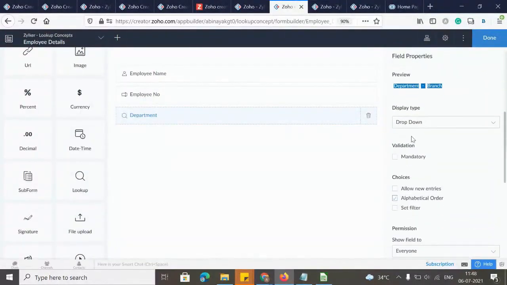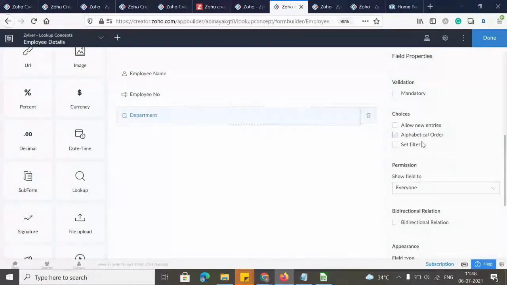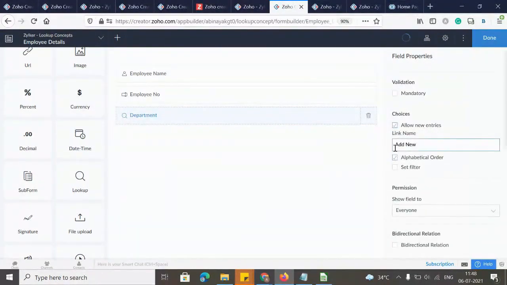And the display type is drop down. Again, since the radio button carries the same property, you can convert the display field from drop down to radio button. And I also have other choices, like allowing new entries to the master form. Say, for example, if I'm enabling this allow new entries, what happens is, while keying in the